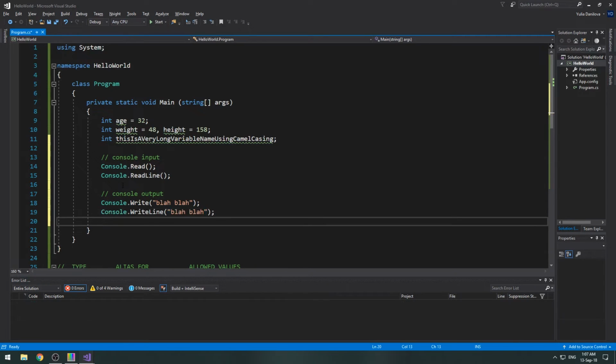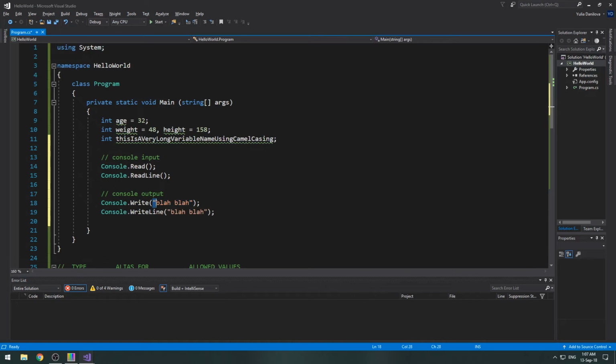Like in the case of input, we are only interested in 2 codes that perform output actions. The only difference between Console.Write and Console.WriteLine is the fact that the first will display the text on the same line, while the latter will add a new line at the end. As you can see, we use Write and WriteLine by giving them some text arguments that we want them to print on the screen.